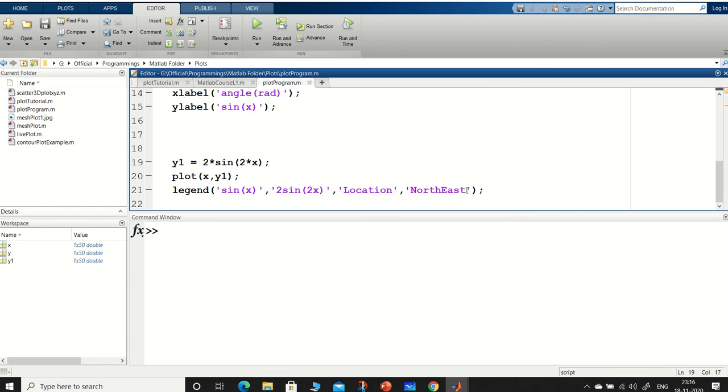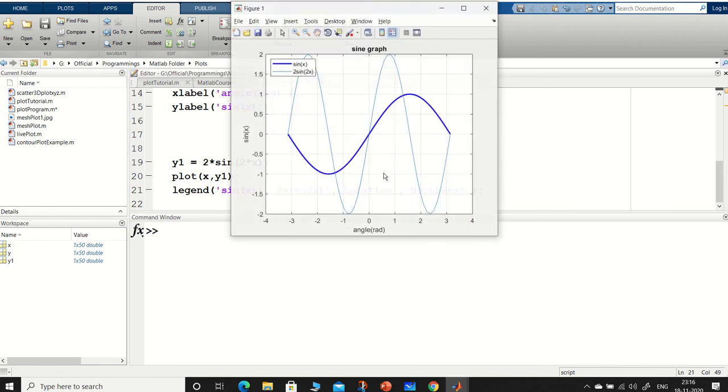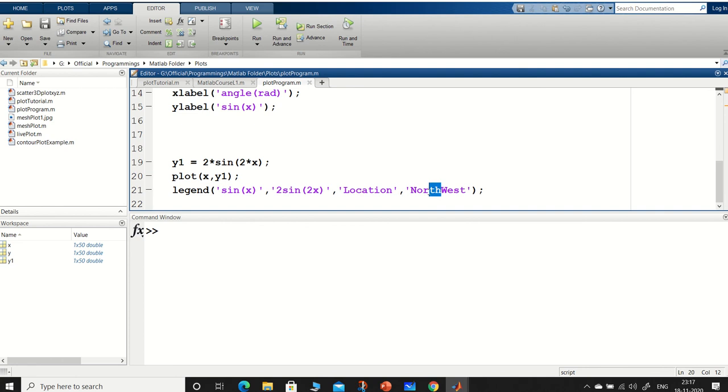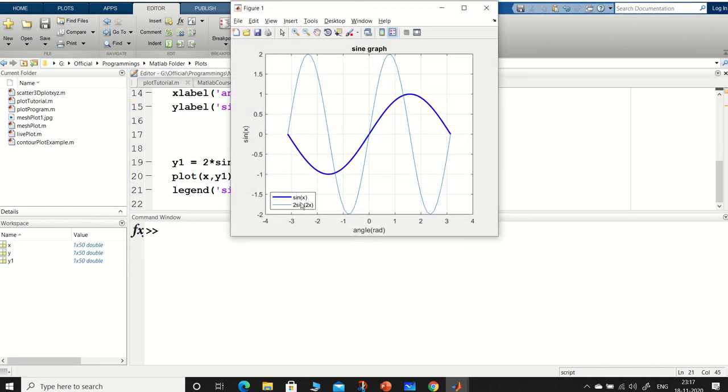Now suppose we want to make it northwest. So it will give you northwest. So the legend location has changed. So wherever we want, we can put it. So this one will be which direction? Like southwest. So I'll put it southwest. So location is southwest. So southwest has come. Correct.